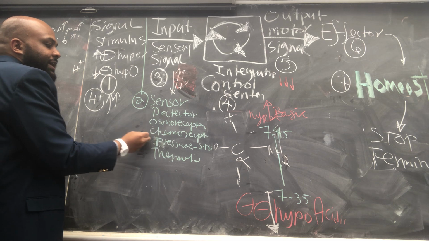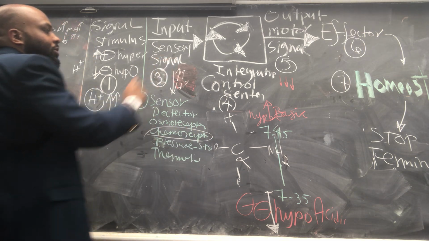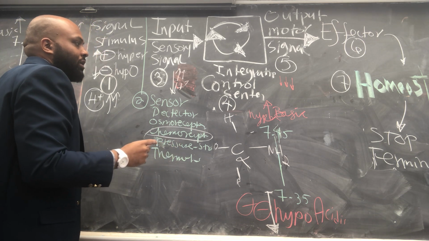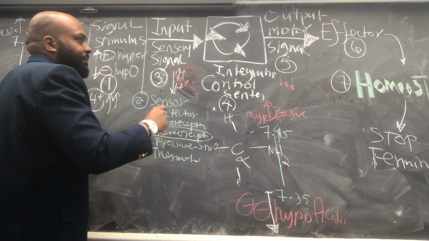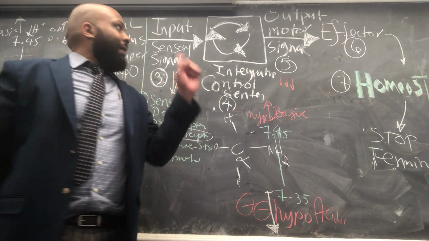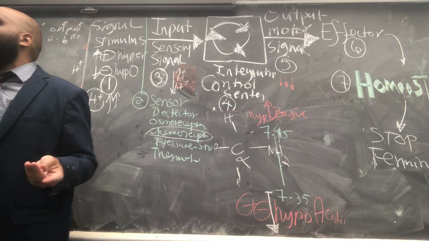The sensor is a chemoreceptor. Then the chemoreceptor will go into the integrator control center, and it's going to cause effects, output effects that are opposite. At this point, you really have to know that the input will always be the opposite of the